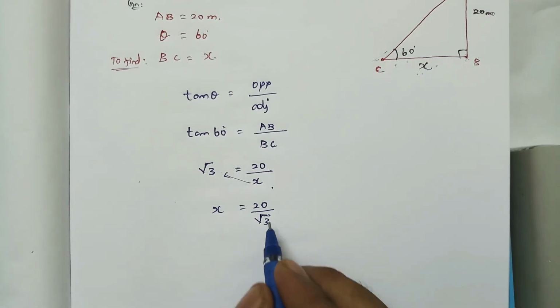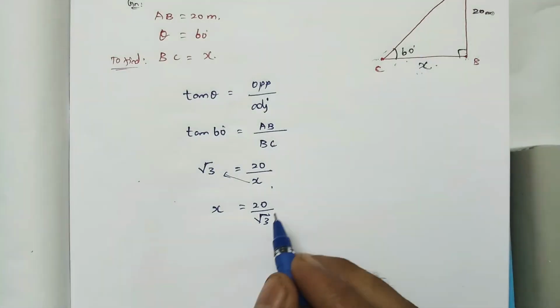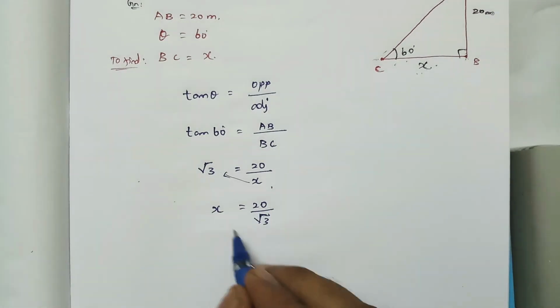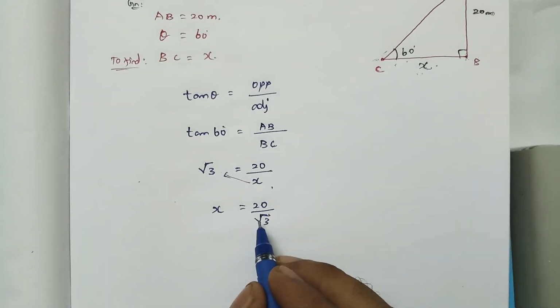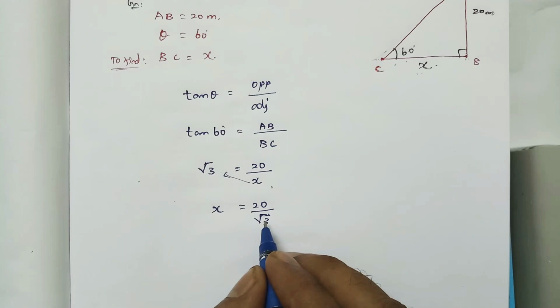It should always be in the form of a rational number. If it is not in the form of rational, you have to convert it in terms of rational, right? Rationalize the denominator. Understood? So the denominator should be rational. If it is not so, just convert it, right? Already we know that.